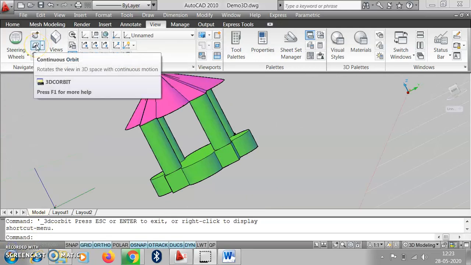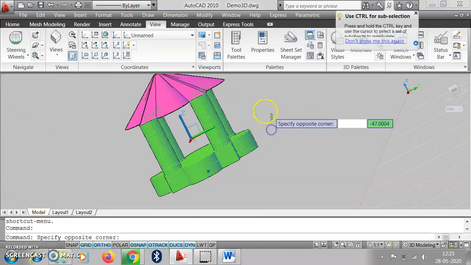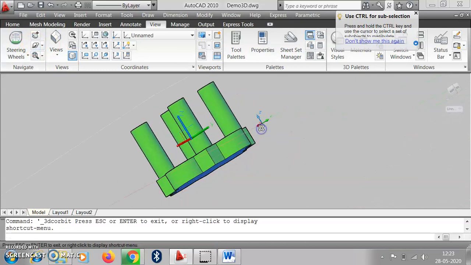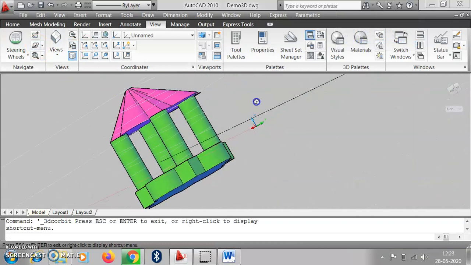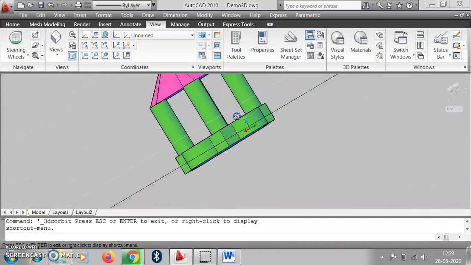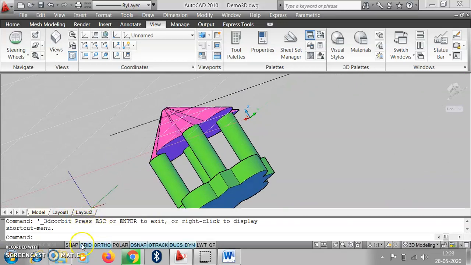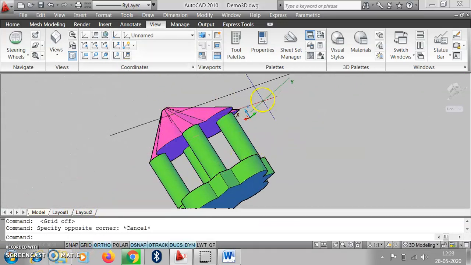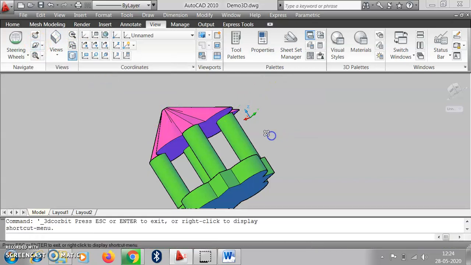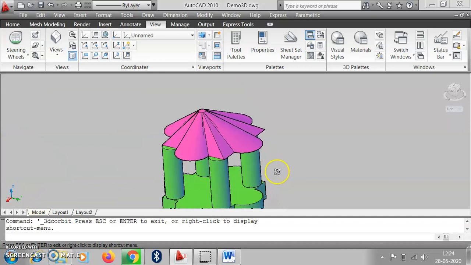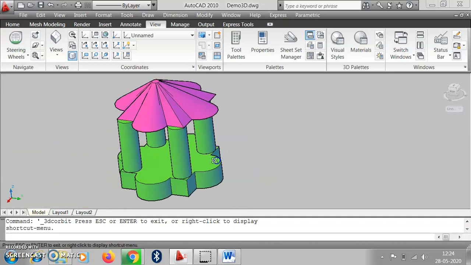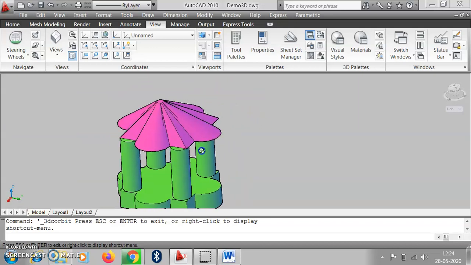So with the help of the orbit we can rotate this shape anywhere. Suppose the grid is off, then we can move this object in such a fashion. With the continuous orbit we can revolve it, and if we look here, these portions or corners